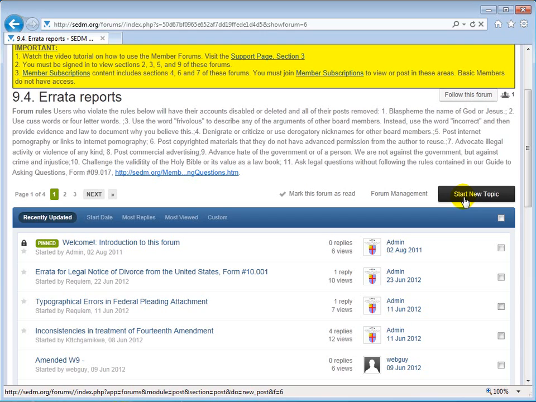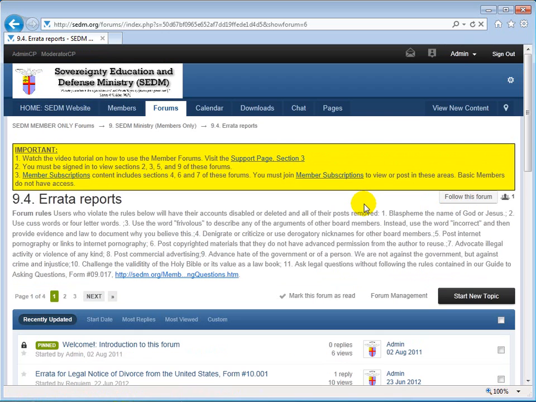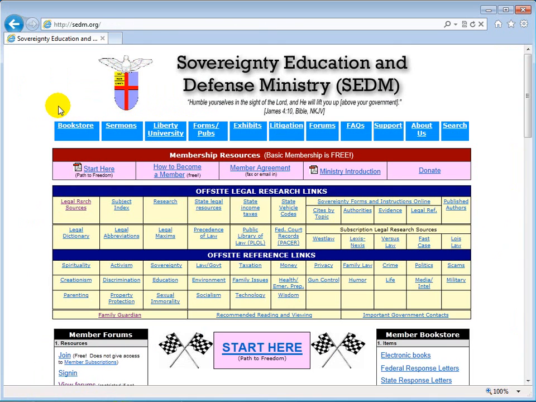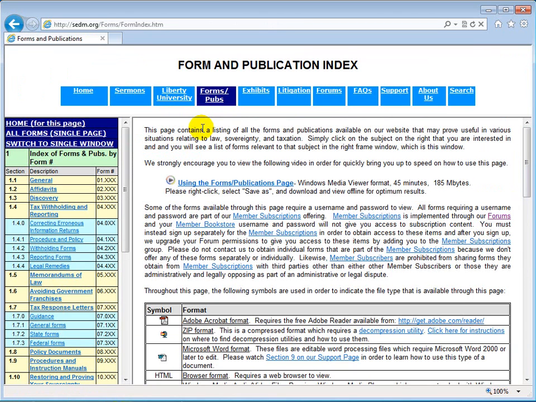And that will minimize our effort, because every time people send us errata for a particular document, we have to go in and make the changes. We have to rebuild it as a PDF. We have to repost it. We have to update the revision histories for all the documents on the website for every single change we make. And if we had to do that for every single minor little change, then the list of revisions would be unmanageable. And speaking of revisions, let's go back to the home page,